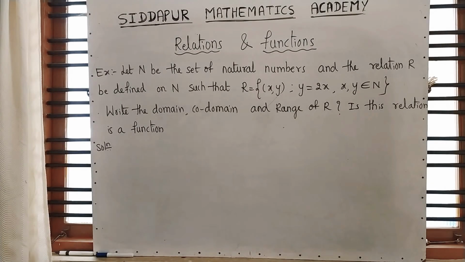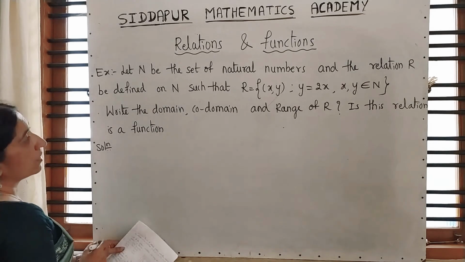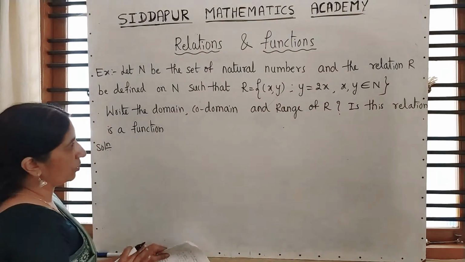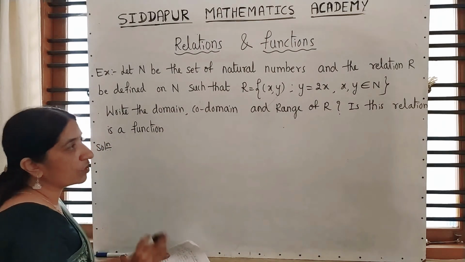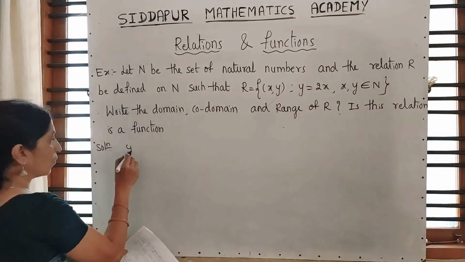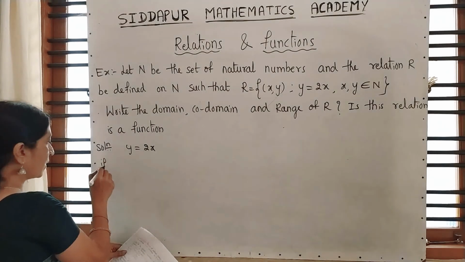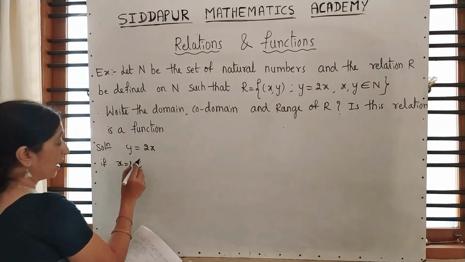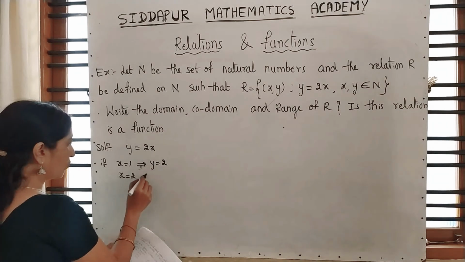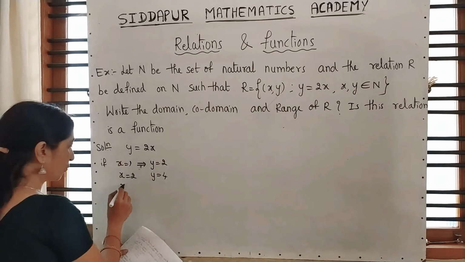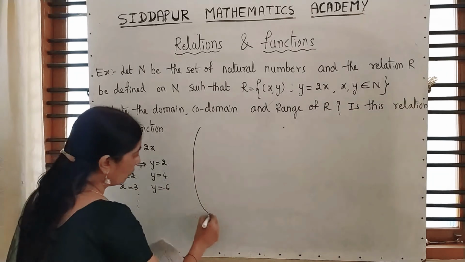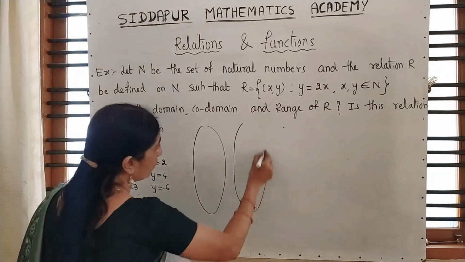Here let N be the set of natural numbers and our relation R is defined on N. That means whatever elements we are using, they must be from the set of natural numbers. The first set is also the set of natural numbers, the second set is also the set of natural numbers. And how are they defined? See, y = 2x. That means if x is 1, remember you have to select natural numbers, then y is 2. If x is 2, then y is 4. In this you have to substitute. If x is 3, y = 6. It goes on continuing. If you draw the figure it gives you a clear picture.